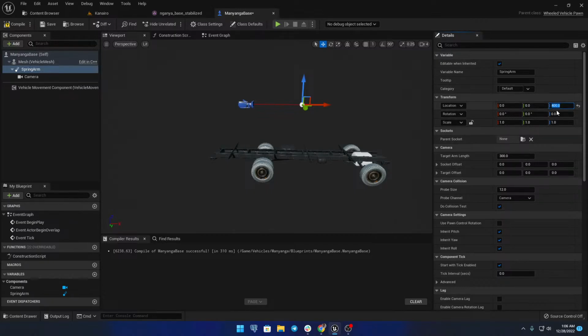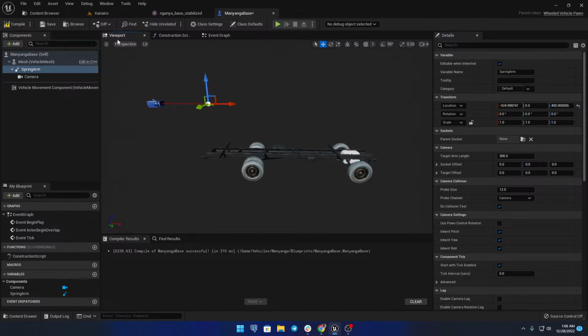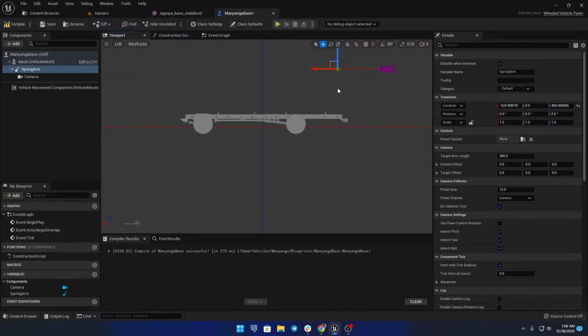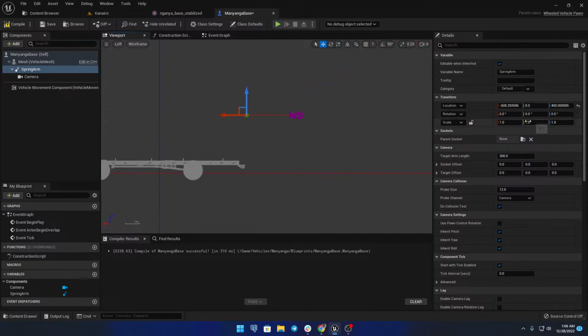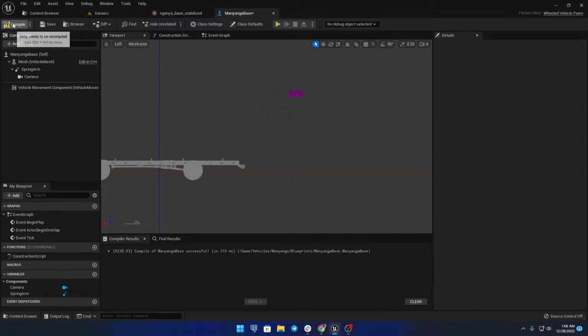And then on the y-axis I need to push it back. 40. No, that's the wrong axis. Position should be 0. And I can just pull it manually and make sure it's at the back. There. And the offset on the z-axis for me it's usually 150. You can make it whatever you want it to be. Then with that done,